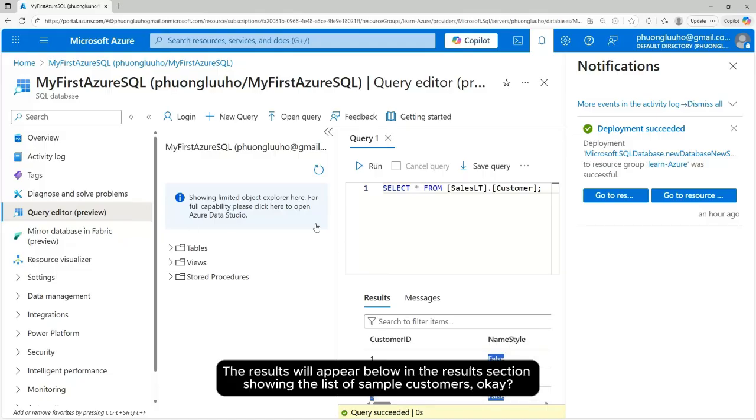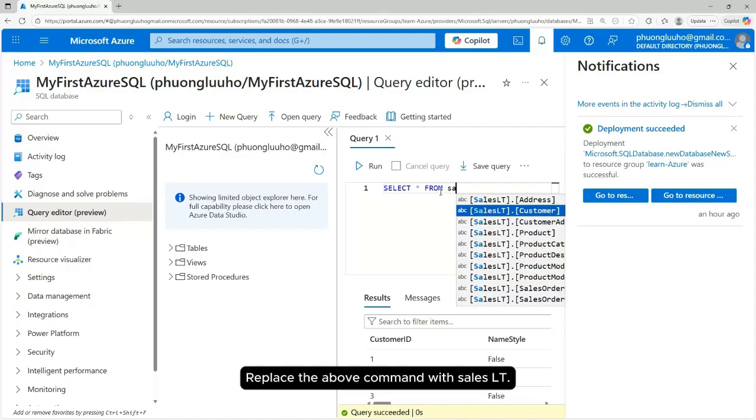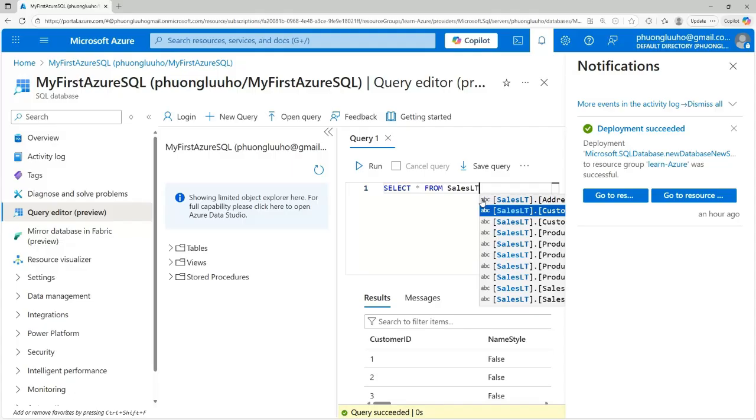Okay, next we will query the product table. Replace the above command with SalesLT.ProductModel.